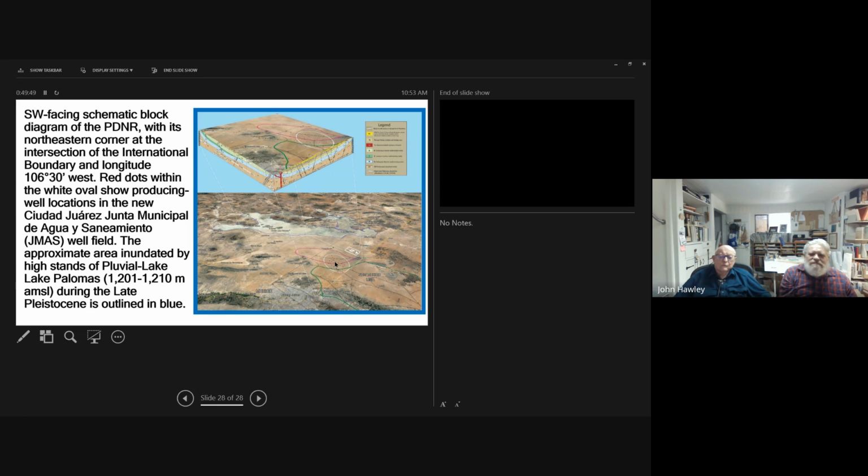There are 26 wells designed to pump 50 liters per second. And then combined with wells in the Santa Teresa area of New Mexico, this is a large water mining area. This is the dune field, the Médanos de Samalayuca.